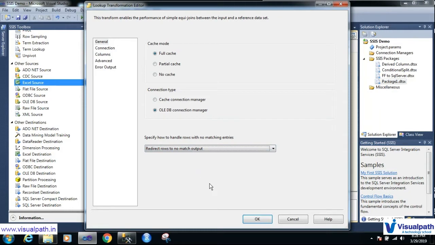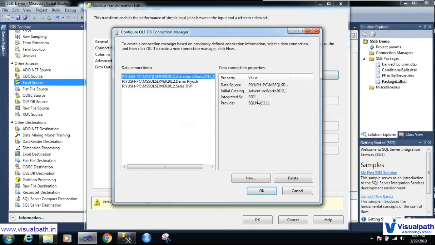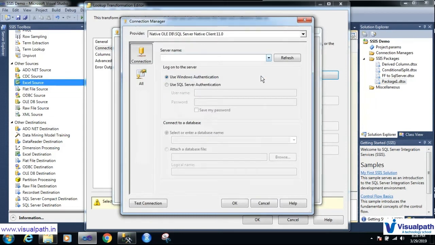Okay, this is done. Let me go to the second tab, connection. Now it is asking for OLEDB connection manager. Let me click on new. I will search for the server name.